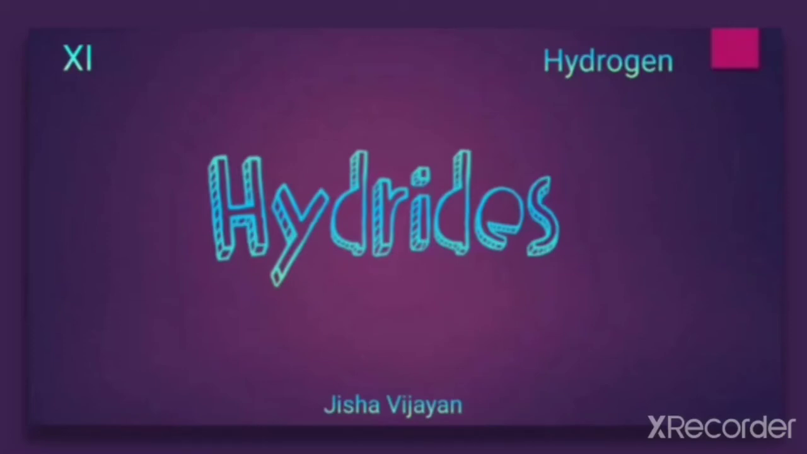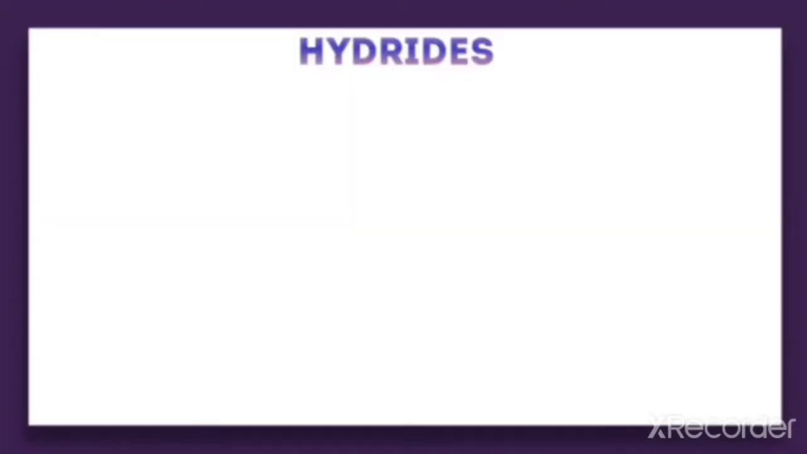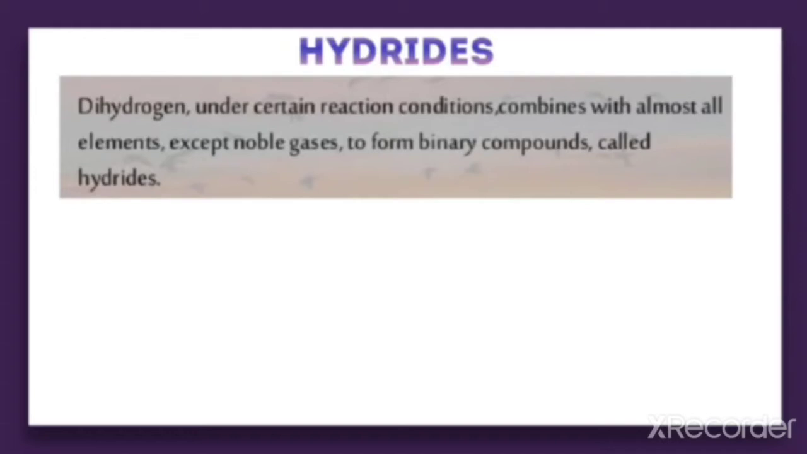Hello students, in this video we are going to discuss hydrides. Hydrides are nothing but compounds of hydrogen with another element, that is, binary compounds. How do we define hydrides? Dihydrogen, under certain reaction conditions, combines with almost all the elements except noble gases to form binary compounds called